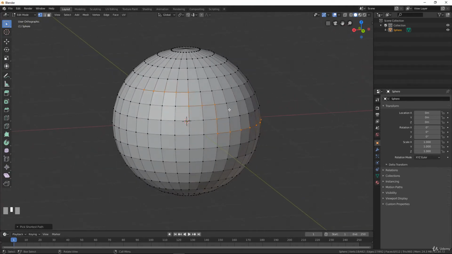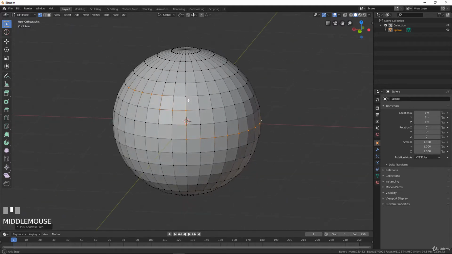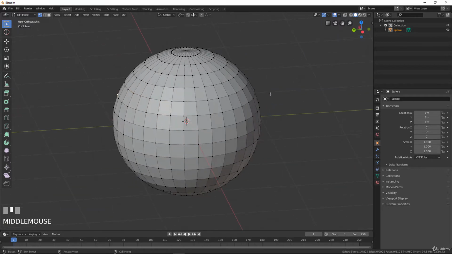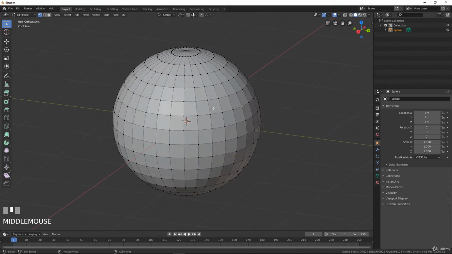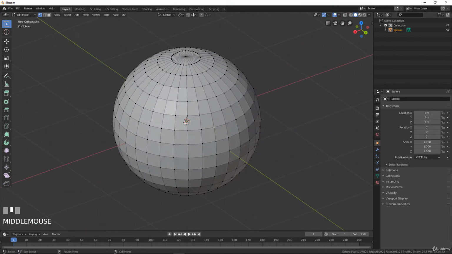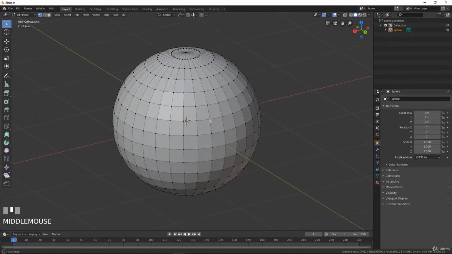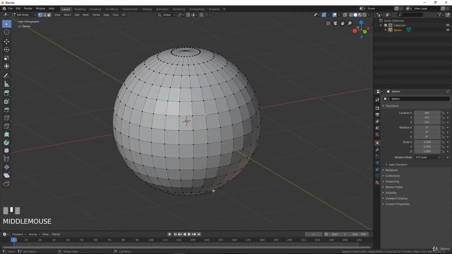And now the Alt left click. The Alt left click is very important. We'll use it a lot during the training. It will select a loop. So what is a loop? Basically it's a line of vertices that cross themselves and finish like a kind of circle, okay? Here we have an edge loop all around the sphere like that, okay? And we have a lot of edge loops here all around. So if I make Alt left click between two vertices of an edge loop, it will select the edge loop,